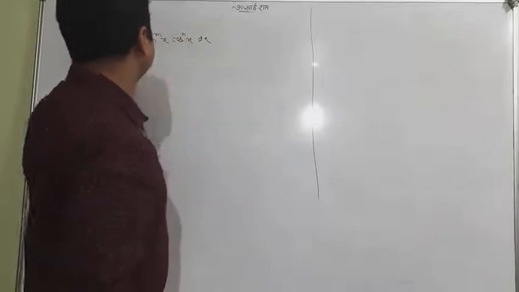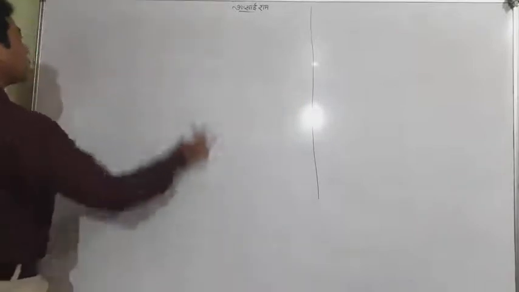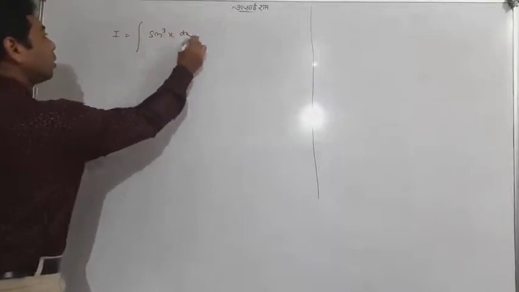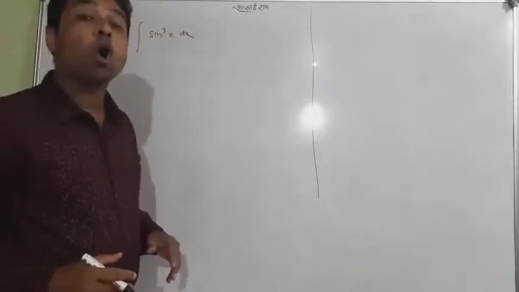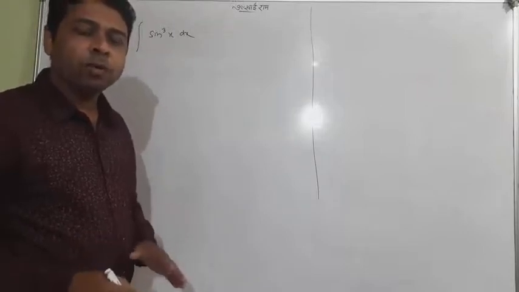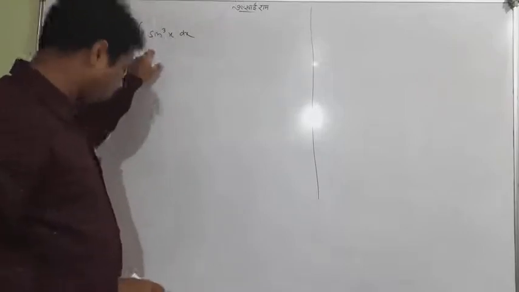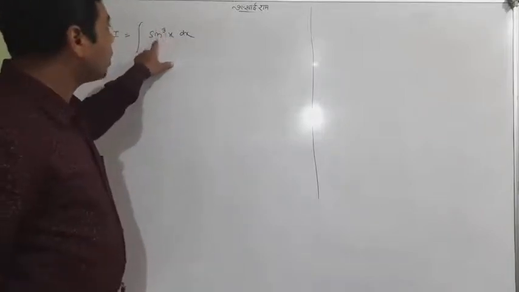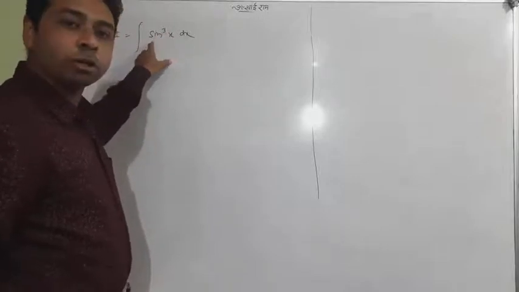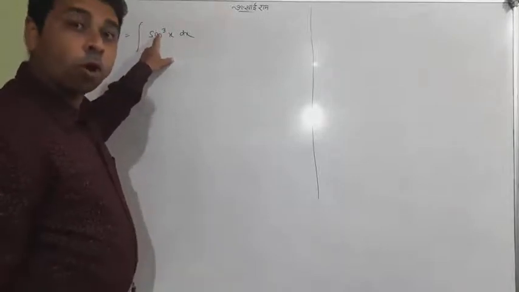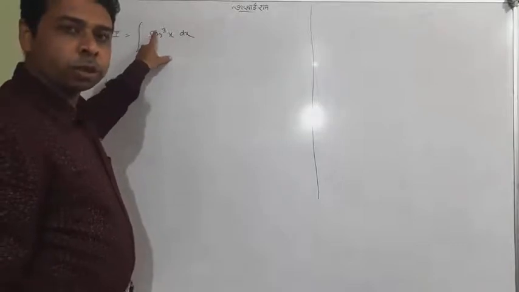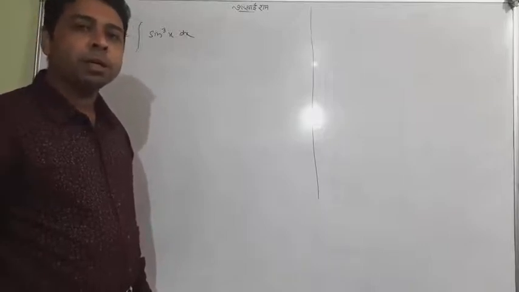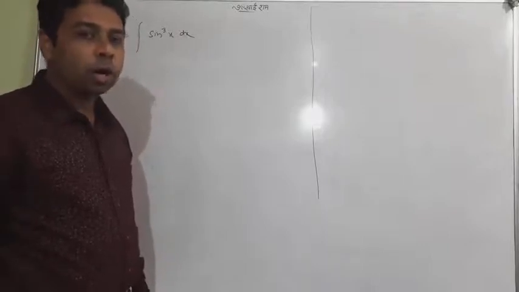Okay, let me rub it out, and let me tell you one more question. Suppose sine and cos are coming alone with an odd power. Especially I am telling you odd, we have an even concept also, and this question will definitely be coming further in the exercise. Sine to the power 3, 5, 7, 9, even with cos, cos to the power 3, cos to the power 5, and so on. So when an odd power is coming individually with sine and cos, how to deal with this?